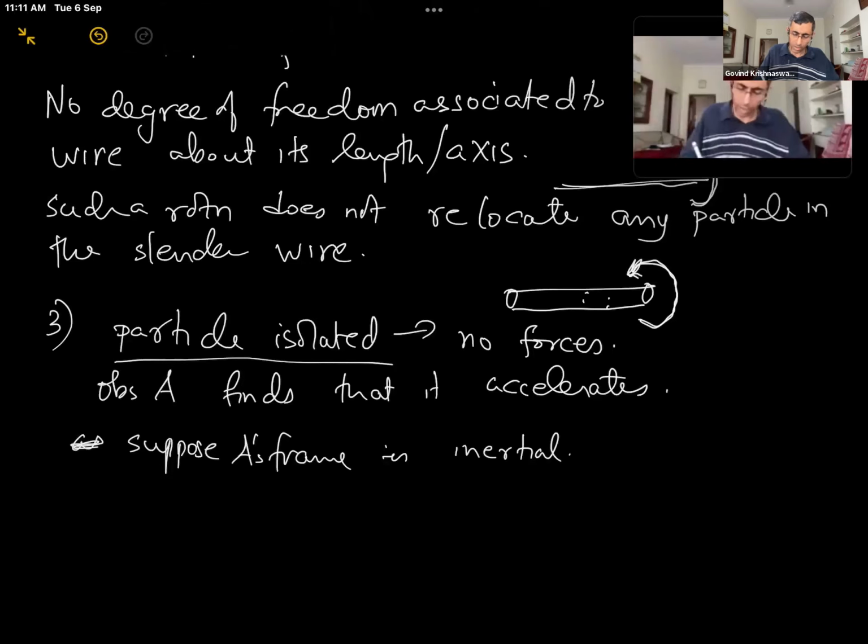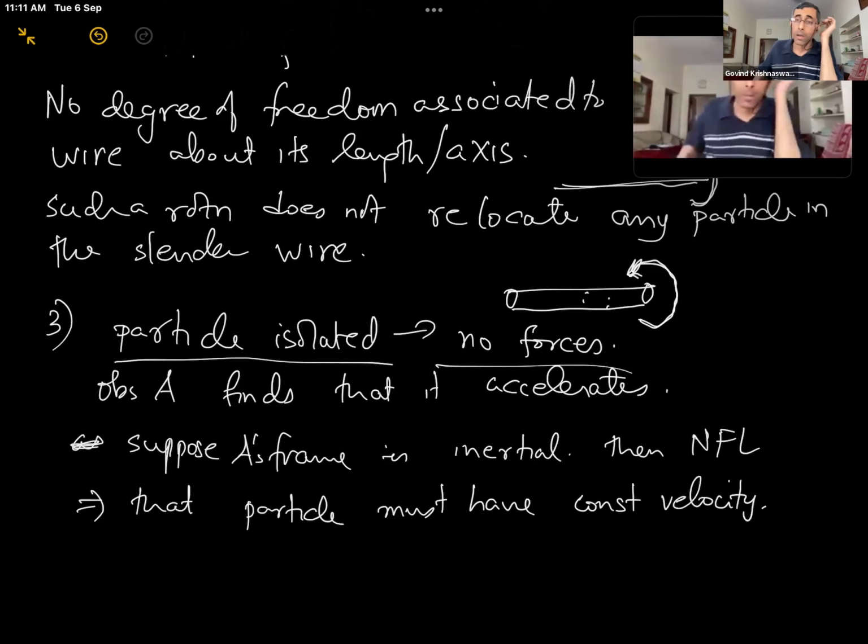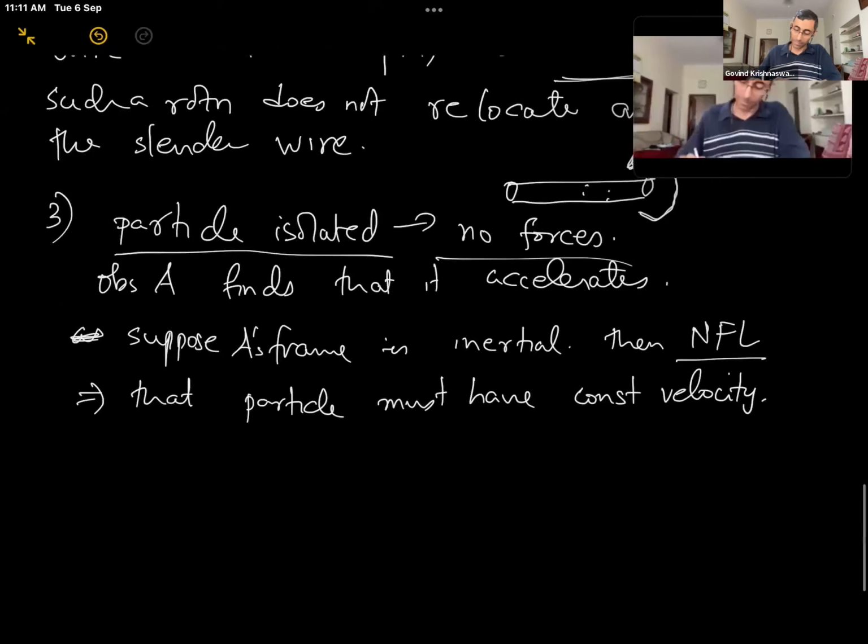Well, if A's frame is inertial and we know that there are no forces, then Newton's first law implies that the particle must have constant velocity. That is a direct consequence of Newton's first law. NFL stands for Newton's first law. I hope you will accept that abbreviation. There are other things that it also stands for in sports. Anyway,